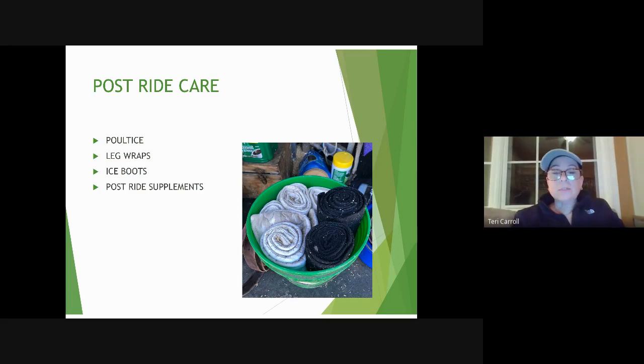So one of the things that I do is I have what I call a post-ride box, because oftentimes the poultices and things will have arnica in them, which is banned. So that box is set aside, and it's like you do not touch it until after the ride. We will just put that mud on their legs. And if you put your hands in it, I do recommend rubber gloves. It makes it a lot easier to get it so you don't have it up under your fingernails for a